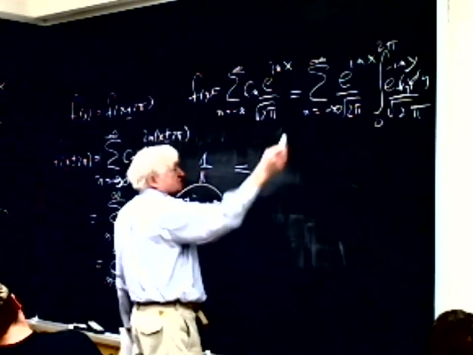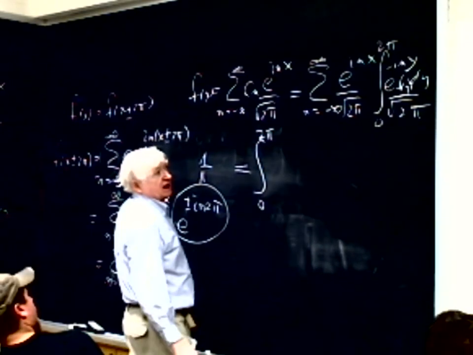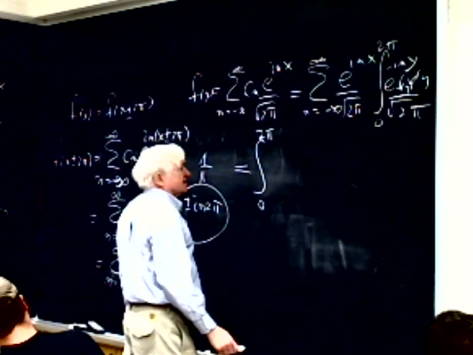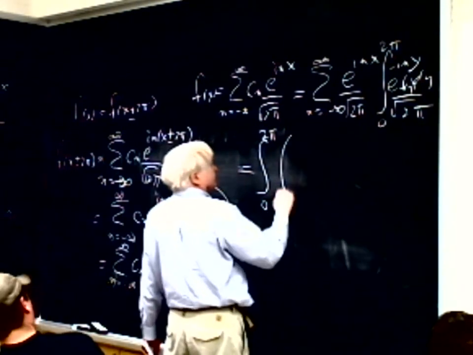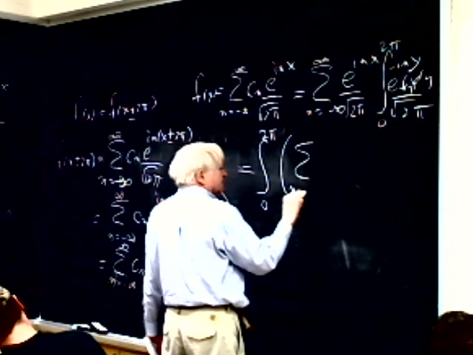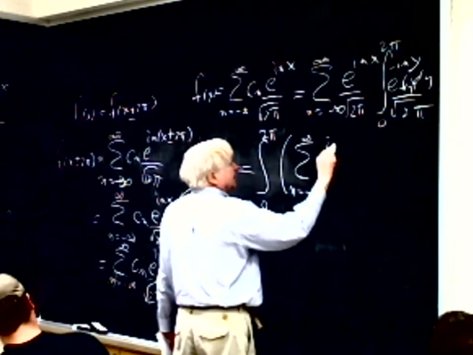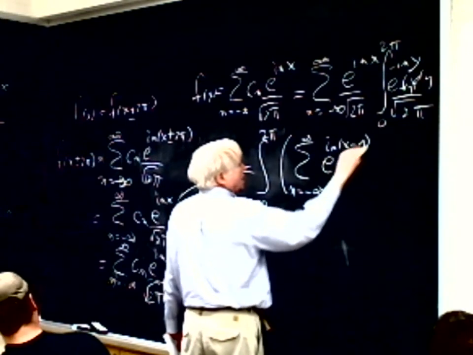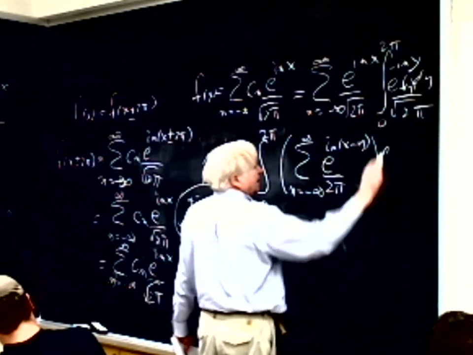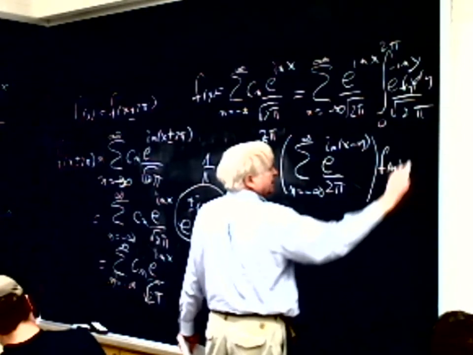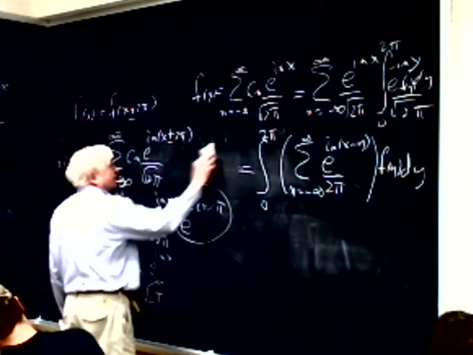Let me interchange the sum and integration. This will be an integral of the sum n equals minus infinity to plus infinity e to the i n x minus y over 2 pi, f of y dy. And this thing is equal to, of course,